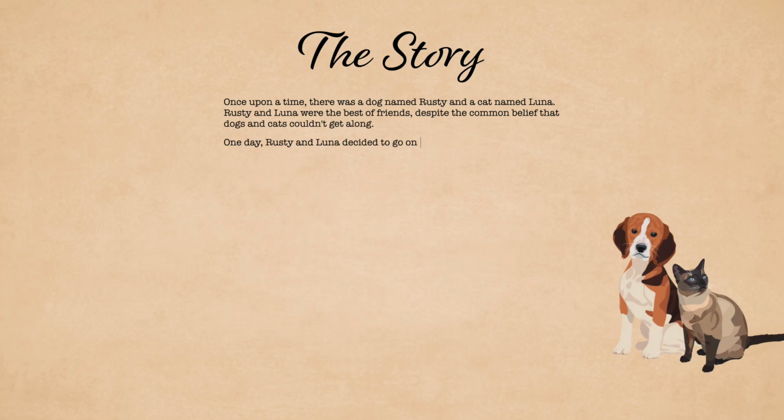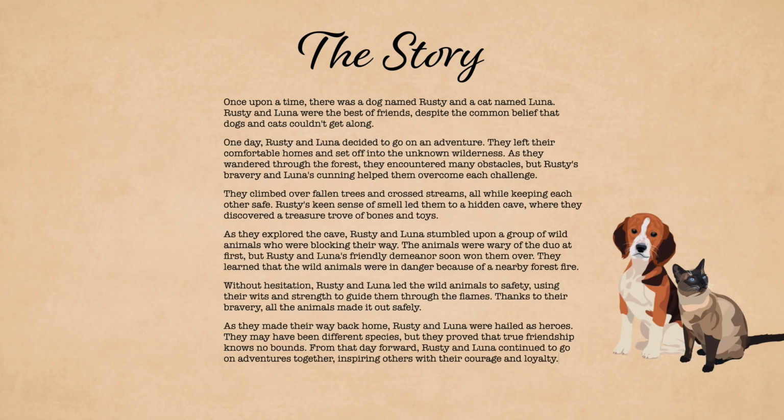Regardless of the tools, the first step is to determine the story. Stories can be anything that students want to share. They can find stories or poems, articles, or something they've written themselves, or in this case, I gave AI a prompt to write me a story about the adventures of a cat and dog.